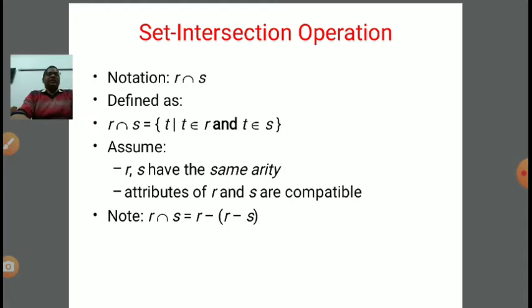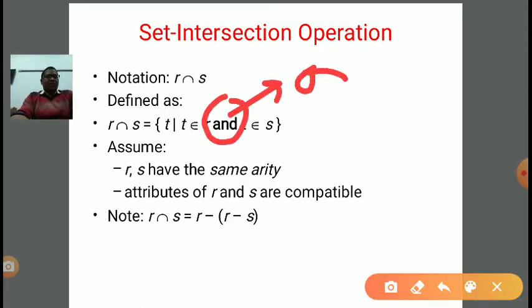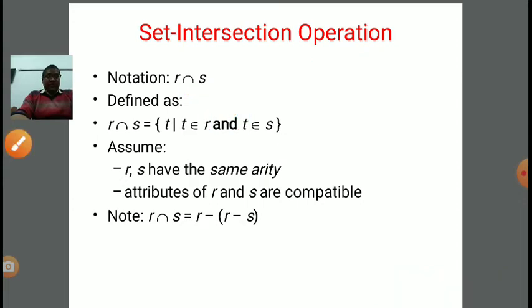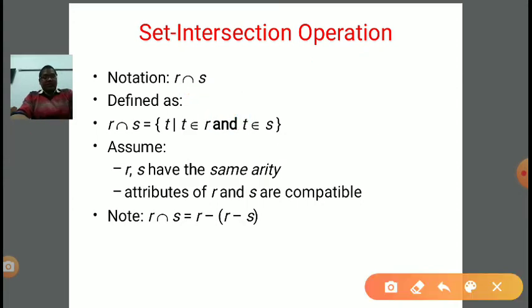If you notice, in the set union operation the same definition was there, but in place of 'and' there was 'or'. 'Or' means we have a choice to pick the tuples either from the first relation or from the second relation. We cannot take the tuples from both relations simultaneously. Here in set intersection, this is the difference: we need to write 'and'. And means at the same time the tuples should be present in relation R as well as in relation S. Then only those tuples will be added into the final output.